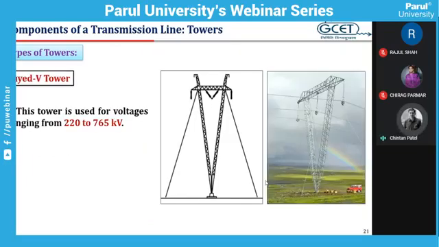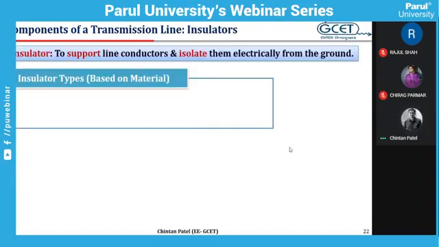Another type of tower which is not used in India, but is very popular in Western countries, is called the guyed V type tower. It is used for 220 to 765 kV transmission lines. In the design we can see, if you compare this ground area, it is very, very less. So as compared with earlier transmission towers, whether it is double circuit, multi-circuit or waist type tower, the ground or land requirement is very, very less. But this is not popular in India. It is used in Western countries.